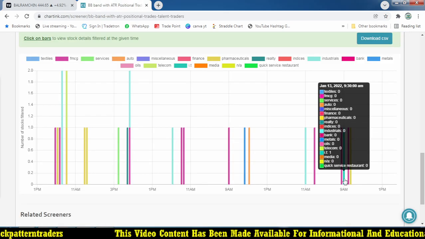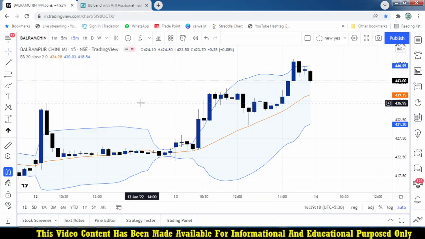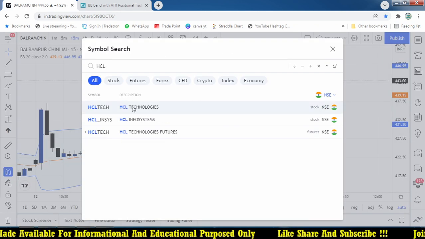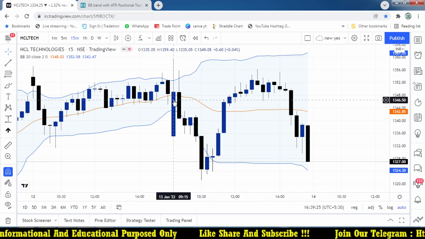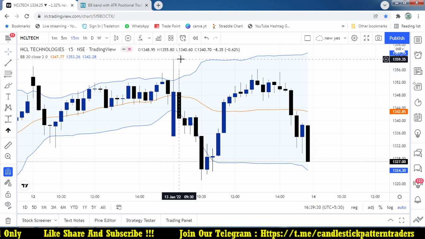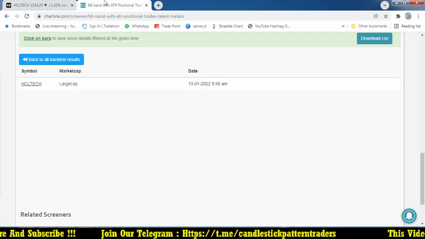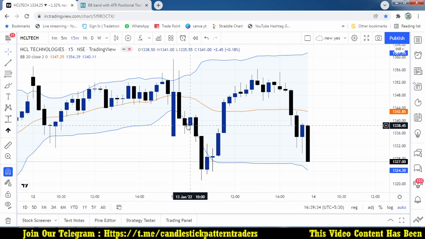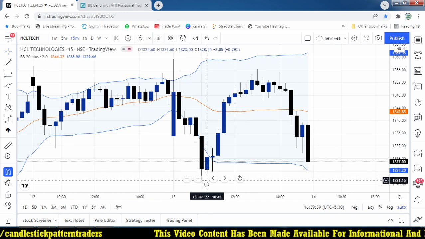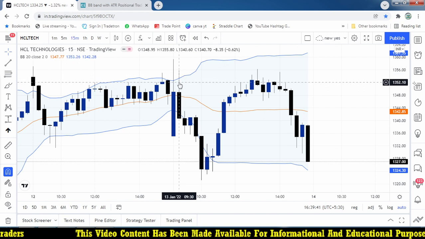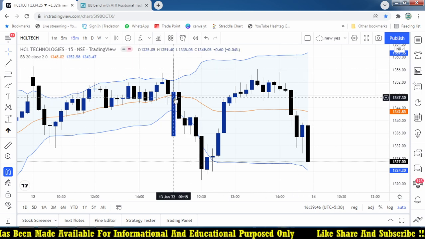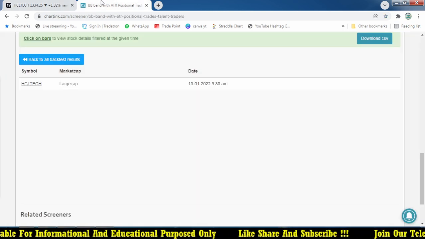And the second one, HCL Technologies. The same condition is happening on the 15 minutes time frame. This is the first candle. HCL Tech, it's a big one. Sorry, HCL Tech, it's happening at 9:30. This candle broke that low from 1340, coming down to 1321, 20 points. What is the risk for the trade? 15 points. Then your target is done. Stop loss may not be triggered, but before that it gives you the target.